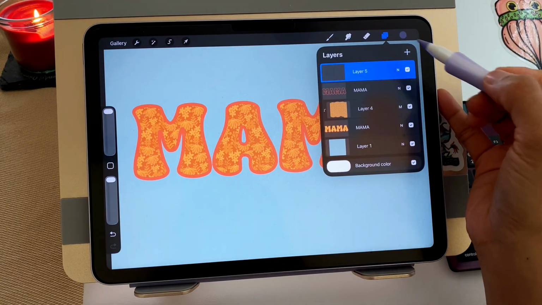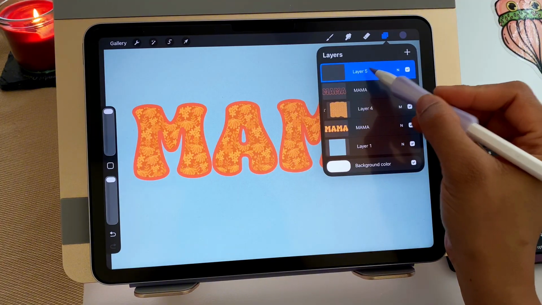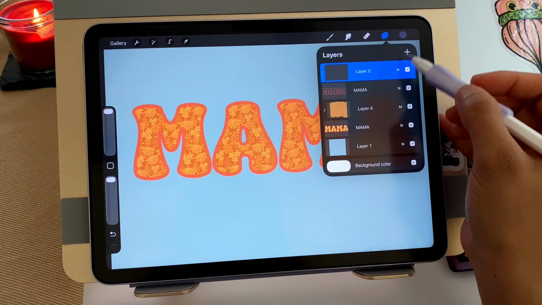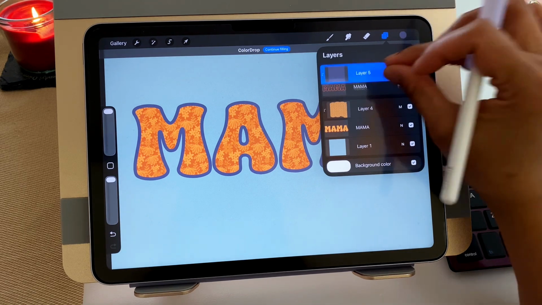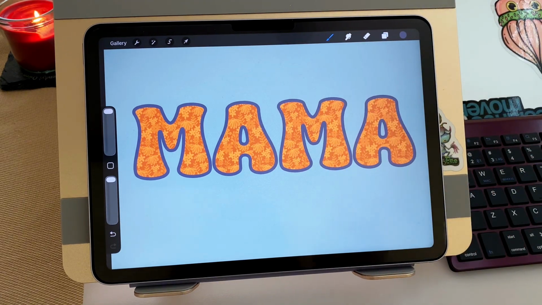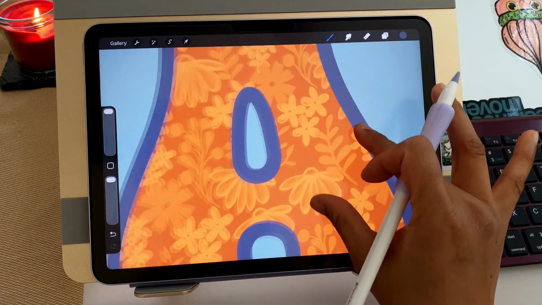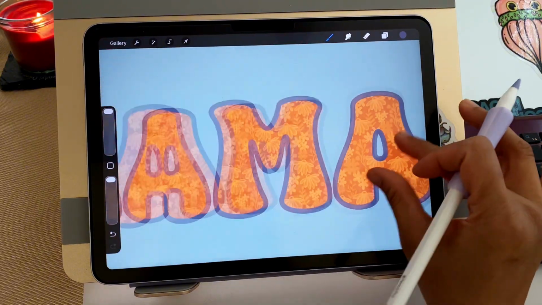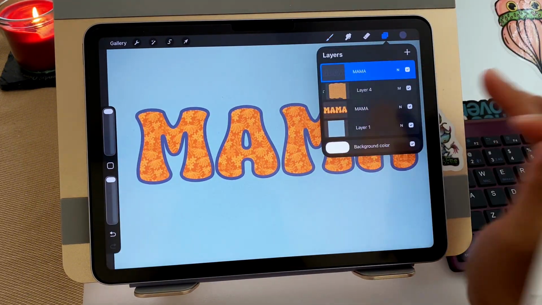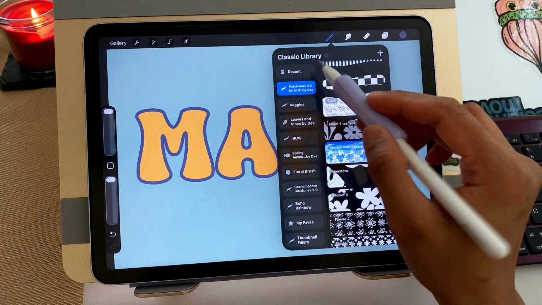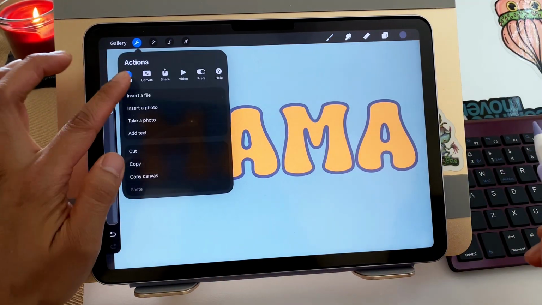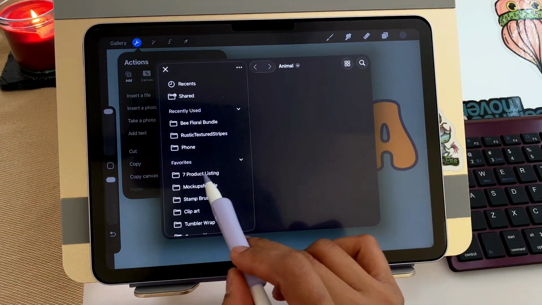So add a layer on top of it and then select clipping mask. This is the power of clipping mask. Just like that. And then there you go. You just change the color of your outline and look how cute that is. And aside from the textured brushes, if you've been making seamless patterns, you can also use your patterns to fill out